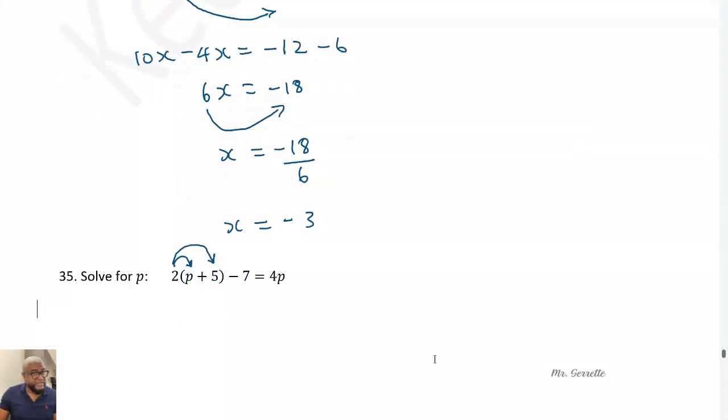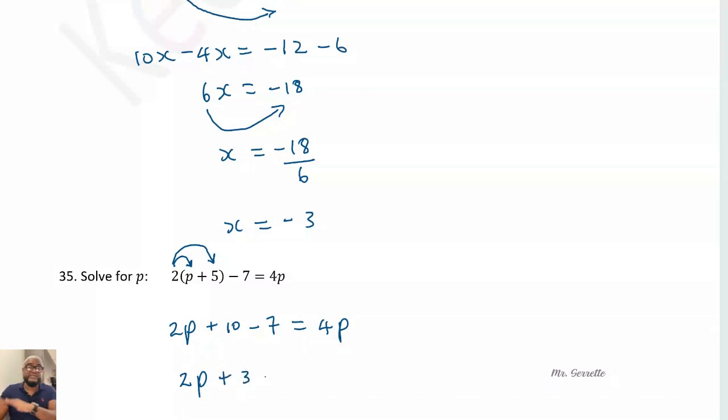So I'm going to pause this. 2 multiplied by p, then 2 multiplied by 5. 2 by p will be what? 2p. 2 multiplied by 5 will be 10. Put back the minus 7. And then this will be equal to? Remember, we're using addition and subtraction at this point. We're not going to any multiplication or division yet, right? So you can actually work out this here. 10 minus 7 would be what? So I put back the 2p, and 10 minus 7 will be plus 3,